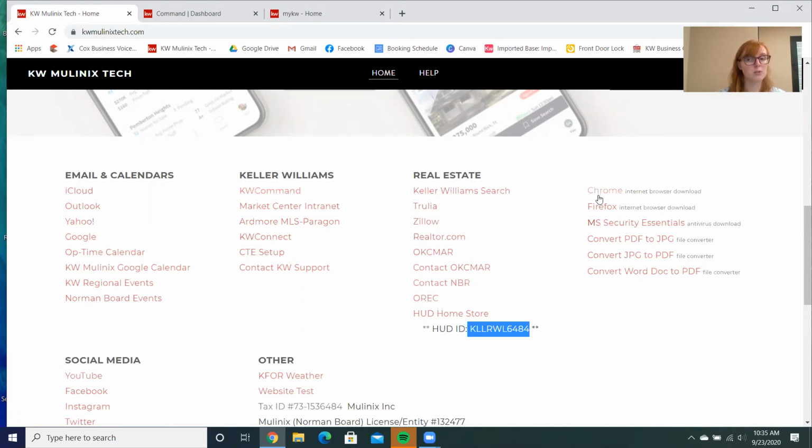I also have some downloads here, Chrome and Firefox. The reason I have Chrome and Firefox is because whether you're using a Mac or you're using